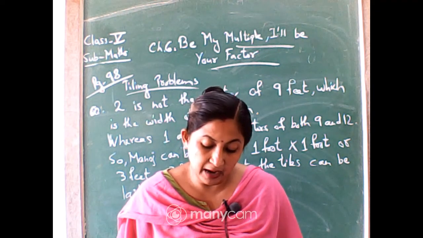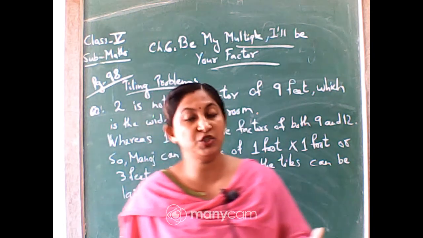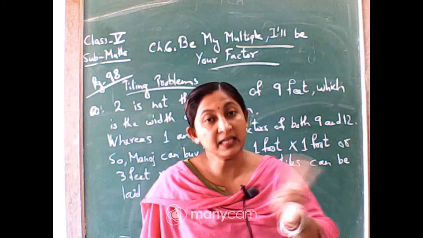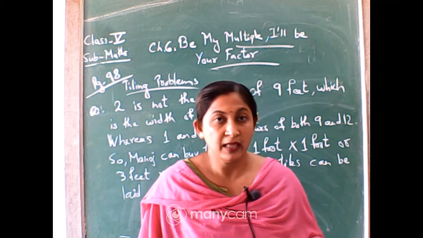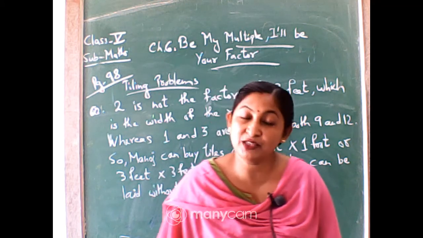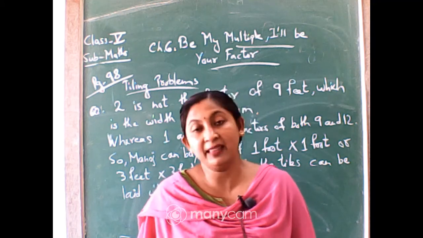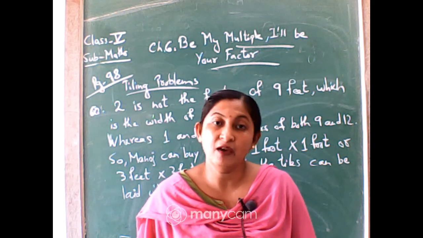Similarly, if Rani is choosing 2 feet by 2 feet, that means in the first option she chose 1 foot, in the second option she will choose 2 feet. So 2 feet by 2 feet she can use. Then obviously the next one is for Geeta. She has to use 3 feet by 3 feet. And the next option is for Nasima. She has to use 5 feet by 5 feet.